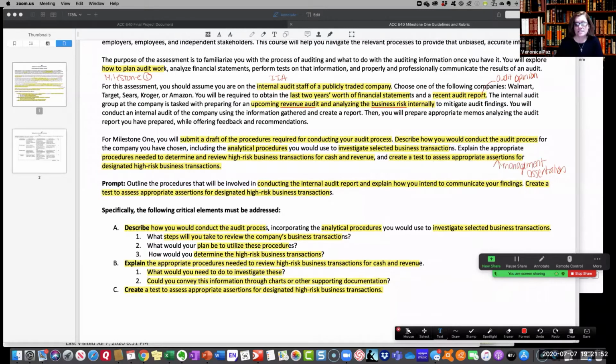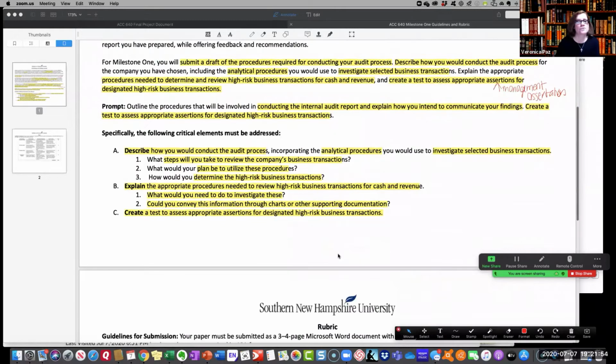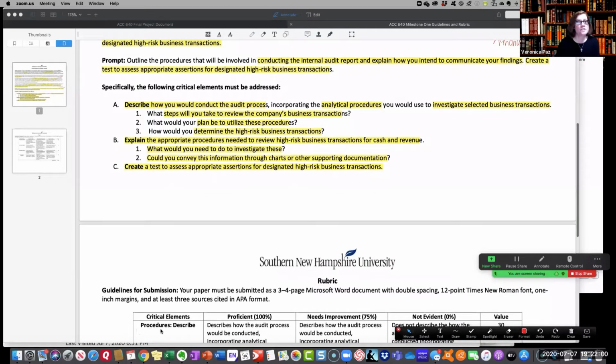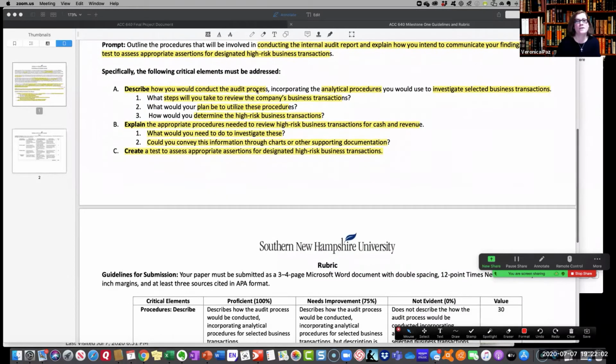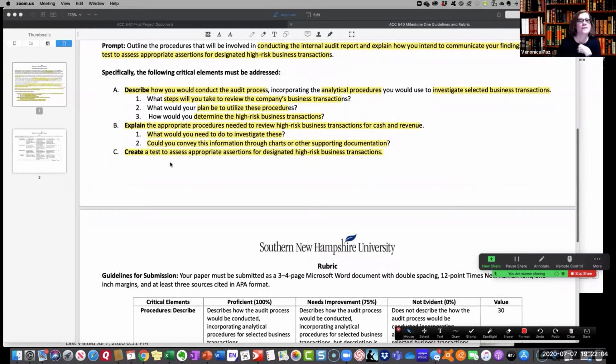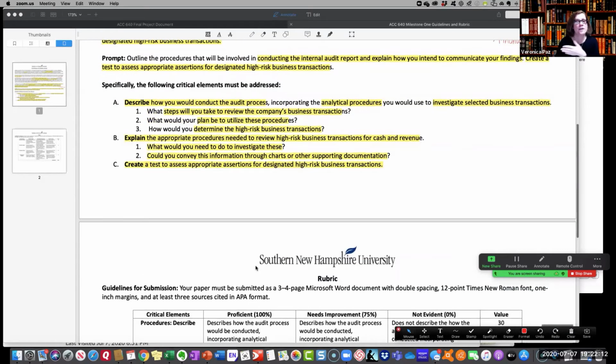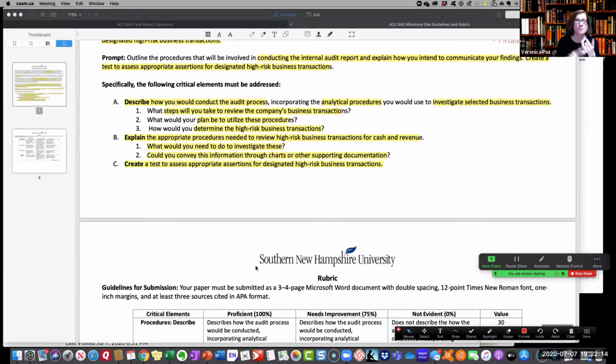So the easiest way I would say to approach this is obviously you have all of the questions, and then you'll see this correspond. So procedures describe how the audit process is going, right? And then what steps would you take? So what we're looking for to get this proficiency level here is that you're stating the audit process steps. Okay, so if we've already accepted the client, now we're going to conduct analytical procedures, goes through each step, then